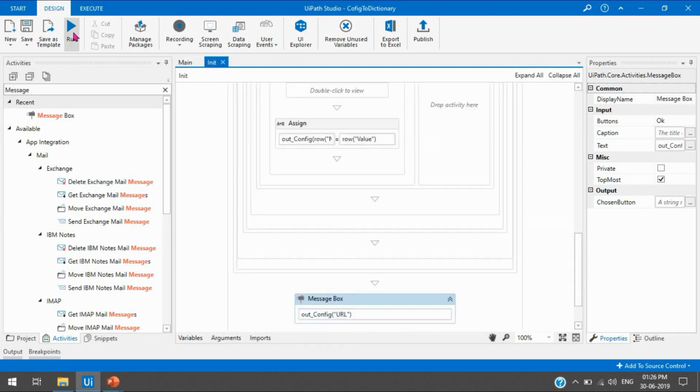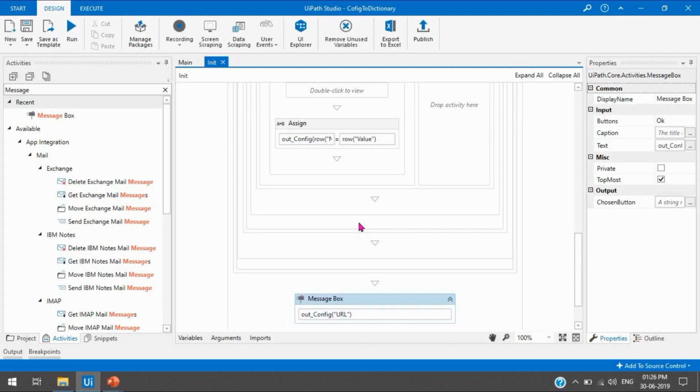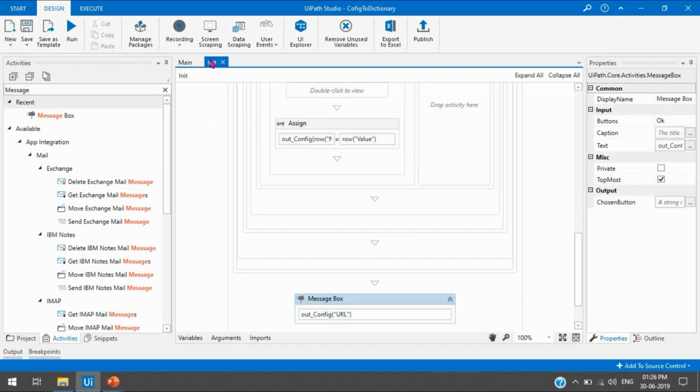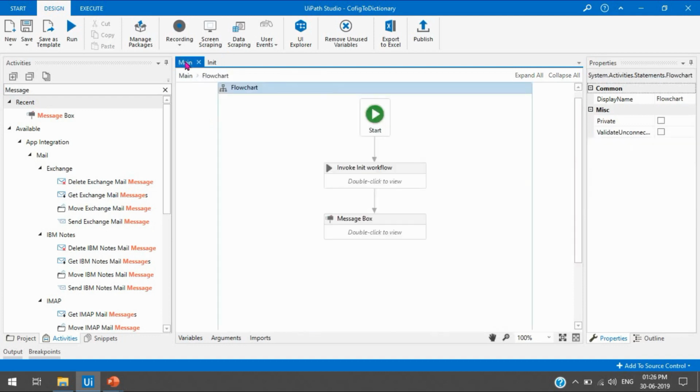So first let me show you by running this workflow, right? This way we can read the data from the config file, from the dictionary. And now I'm going to run the main workflow so that I can show you how to get the data from this dictionary, because we have created the dictionary here, and now I'm going to read the data from there.